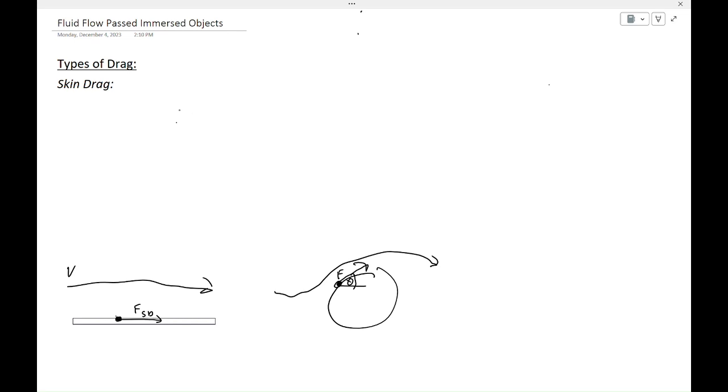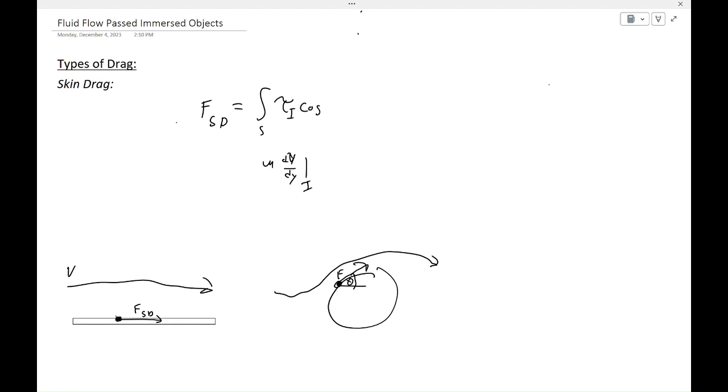the flowing fluid. So the formula for skin drag is equal to the integral over the entire surface of tau at the fluid-liquid interface, where tau is the shear stress, which is equal to our viscosity mu times the velocity gradient dv dy at our interface I. So we'd multiply our shear stress by our